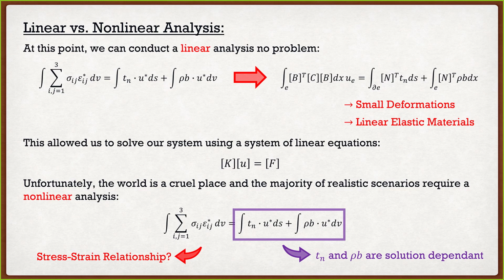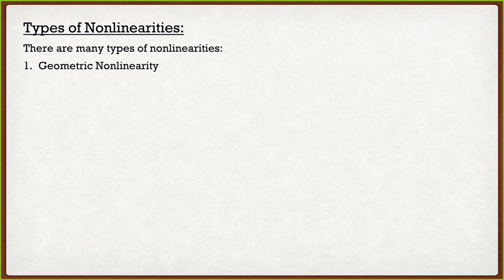But if I have a beam and I deform it like crazy, well, of course, there's going to be a big difference between that reference domain and our deformed domain. So we actually have to start taking that into account, something we didn't do before. So we're going to look at different types of nonlinearities. And the goal of this course, moving forward, is how can we basically account for these nonlinearities in our finite element analysis. Again, the theory is going to kind of take a back seat here. We're going to learn more about how to implement it, but we still need to be aware of what these types of nonlinearities are. The first one that we're going to tackle today, for the most part, is a geometric nonlinearity.